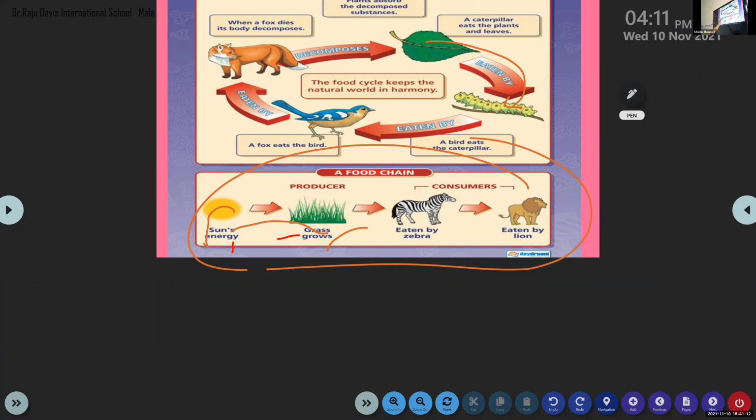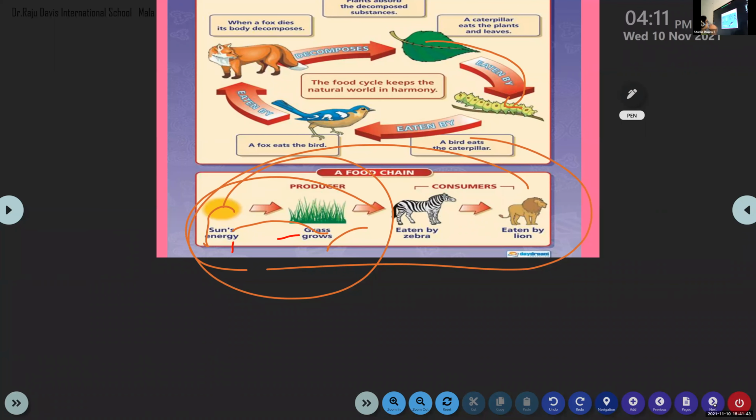So that means if there is no producer, and the plants are the major producer in our life, if there are no plants, there is no life of humans, no life of birds, no life of fish, no life of any organism, correct. Why is it that only earth has humans? Because earth has plenty of vegetation. Vegetation means forest, nature, plants, all this part of it.